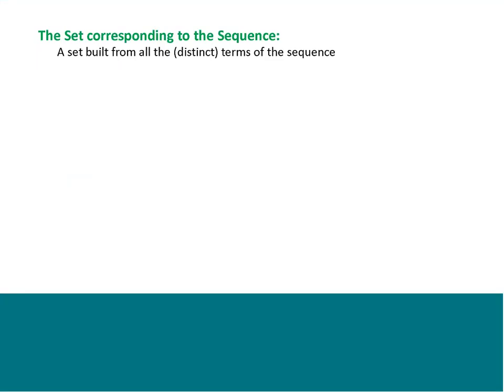Deal with a set. Your set only keeps all of your distinct terms. So I think all of the sequences we've actually talked about so far had distinct terms. So for those, your set versus your sequence, it would only be the curly braces that would change. Okay? In terms of sequences that have repeated terms, the set would only be the distinct or the different terms. So for example,